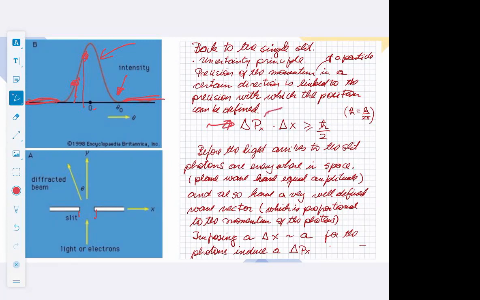You can understand delta Px as something like the range of momentum, and this is the range of position. And the range of position here, roughly, is the size of the slit that the photons have to go through. So before the light arrives to the slit,